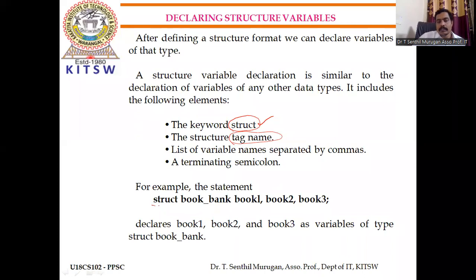So see this example: struct is a keyword and book bank is the tag name, and book1, book2, book3 are separated by commas, ending with a semicolon. These are the variables of this structure. Based on these variables only we can access the structure members or structure elements. Okay,